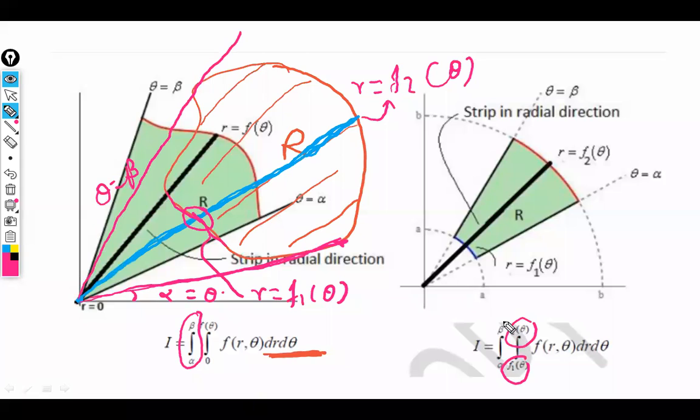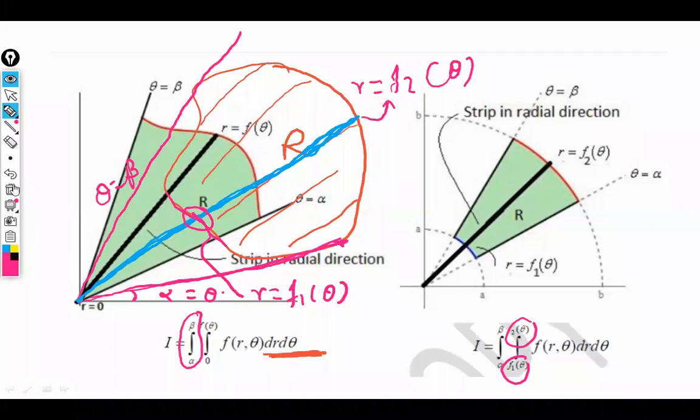Excuse me, sir. Yes. Sir, I missed the line where you said the order of this integration we can't change. Yes, correct. Can you please tell that line once again? Why not? The order of a double integral is always fixed, that is dr d theta, because the outer limits are always constant, and theta has the constant limits. So there is no concept of a change of order. You can't change the order because you cannot change the strip position. The strip is always along a radial direction only. Got it, sir.